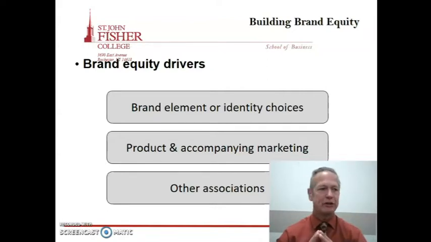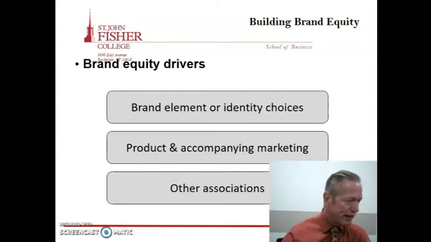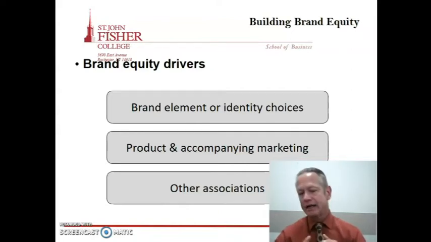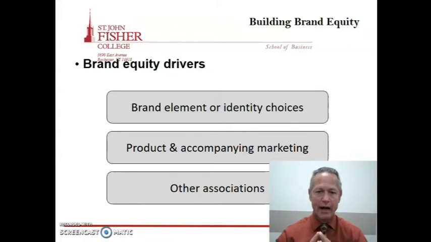If, in fact, you look at Google, you look at Apple, they're all about innovation. Innovation always drives higher brand equity. So that helps build brand equity. They're always coming out with new products, innovative products. The Apple Watch, Apple TV, all of these are very innovative products. It helps build brand equity. Consumers, investors all look at that for building brand equity.